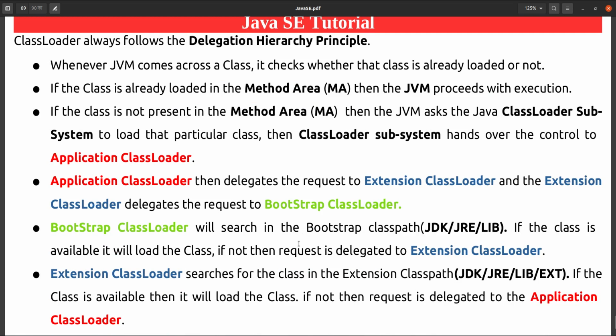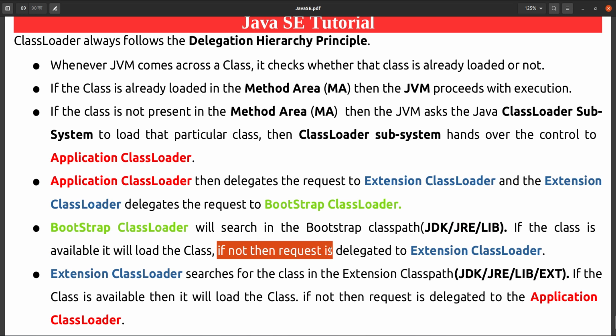So the bootstrap loader will search for the class in this directory. If the class is available under this library or under this directory, then the bootstrap class loader will load this class.